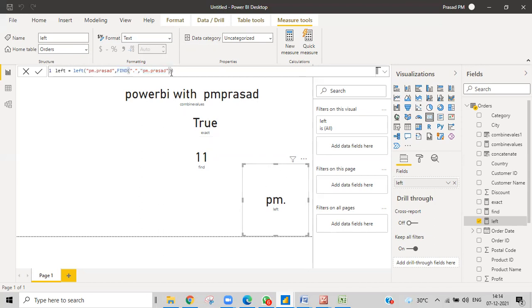We don't want the dot, so obviously we'll subtract 1. The dot position is 3, and we'll remove that one, go back, and count, so we'll get PM. Every time you change that one, you need to give the same thing over here also.